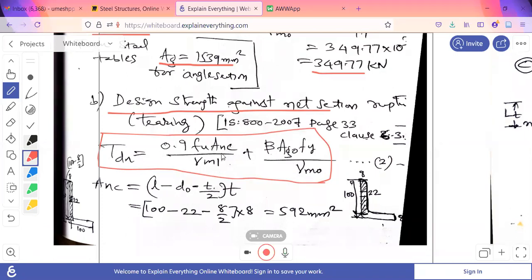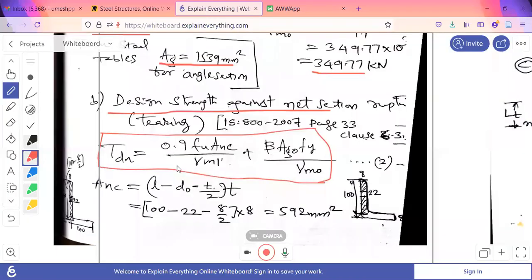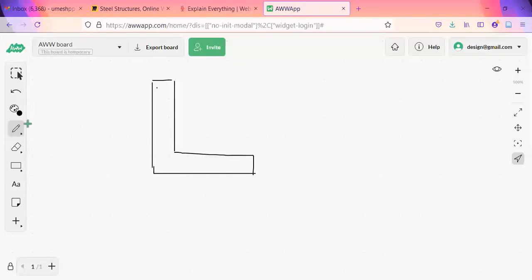ANC is the net area of the connected leg. For the two separate legs, the area will not be there in the steel tables. You have to calculate it. So just observe this one. I'll be going a little bit slow here. According to me, this is today's most important thing in today's class. Explanation will not be there in the textbooks properly about this. So you have to observe this one here.